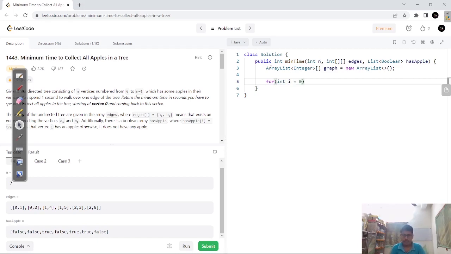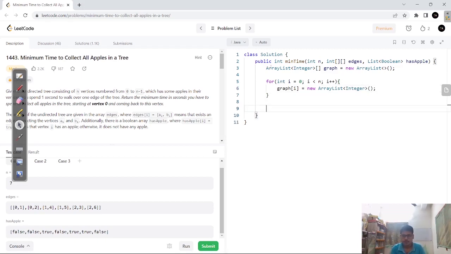So I have to create an array list of that size. So graph i is equal to new array list. Okay, then